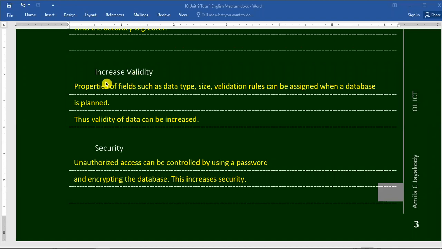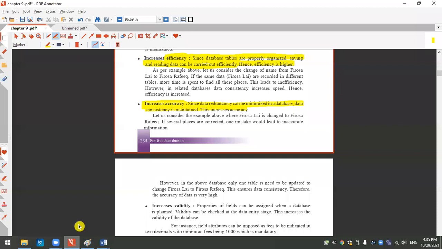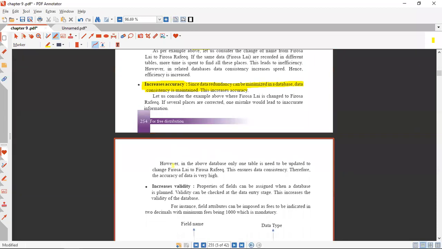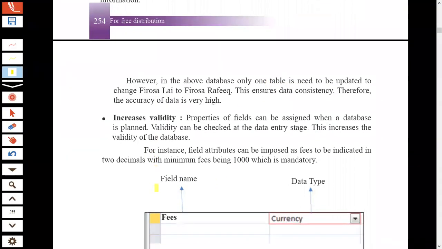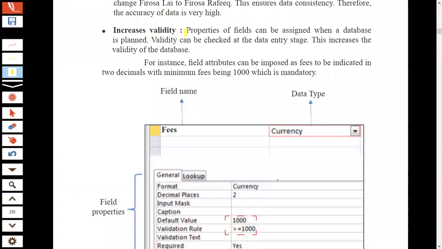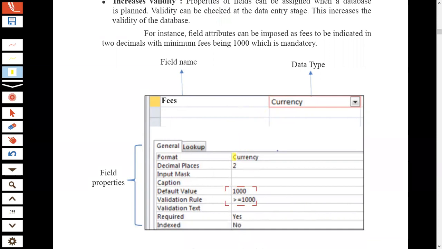Another thing is validity increase. Properties of fields such as data type, size, validation rules can be assigned when the database is planned, right? Let's say if we use Microsoft Access databases, there are formats and validation rules.